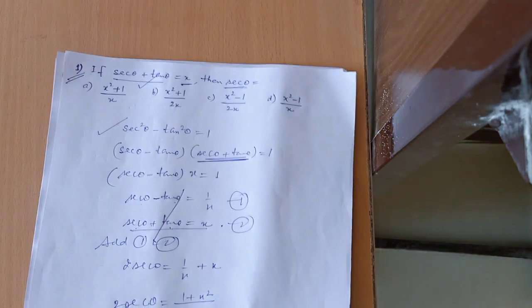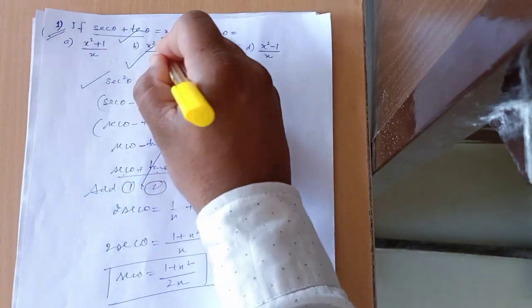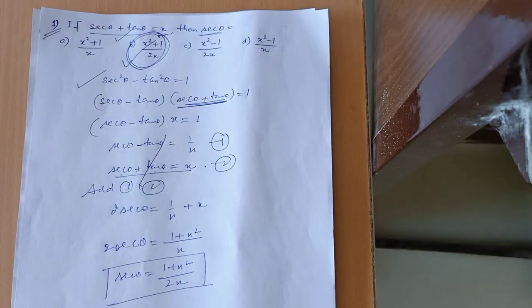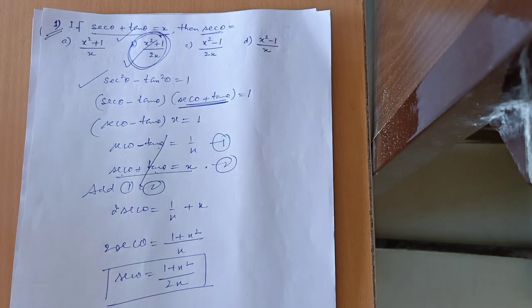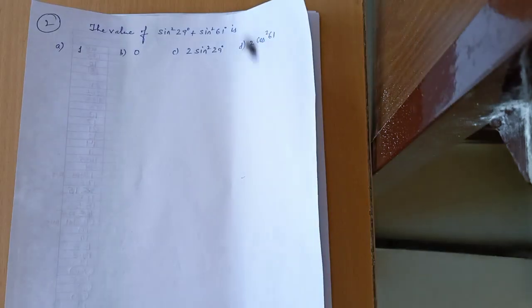This is just a sample. Try to understand it, and so the answer will be B. This is the correct option. Right? Now let's move to question number 2. Try to understand, focus on it, then only you will be able to solve questions in the exam. And in the question which we have discussed, only one identity was used, which we have discussed earlier.